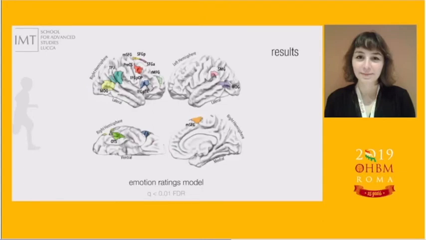So these are the regions found to be significantly associated to the emotion rating model, regions mainly in the right hemisphere and already found in the previous literature. And then, starting from this map,